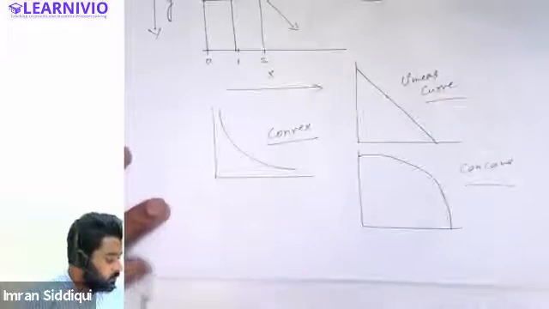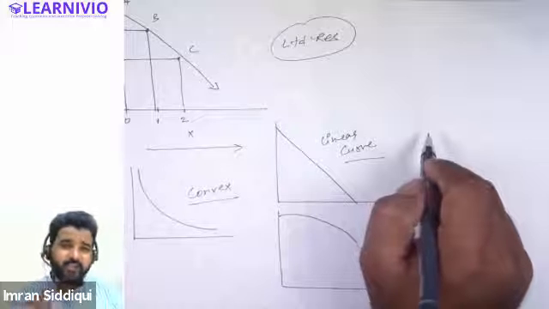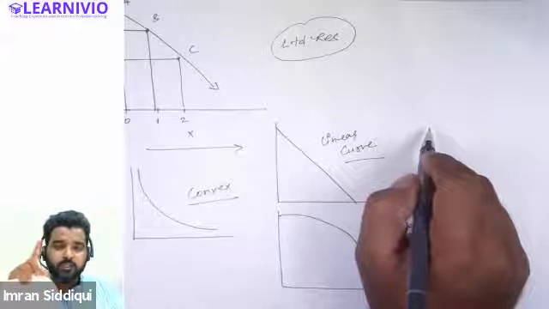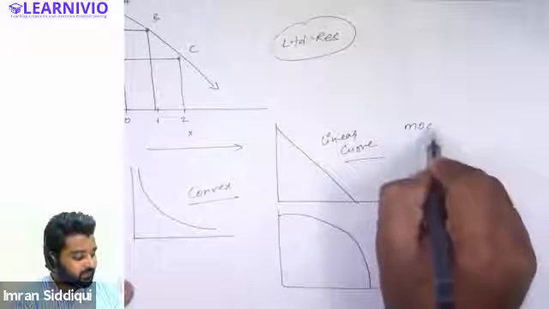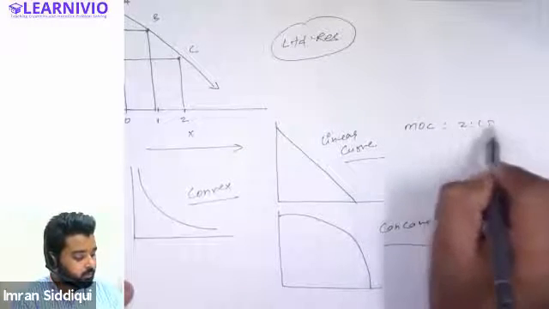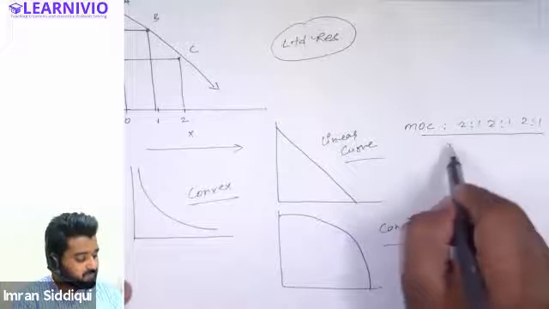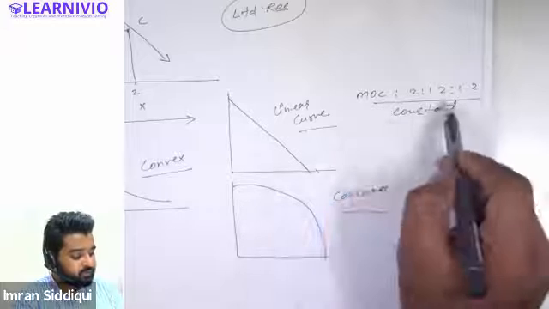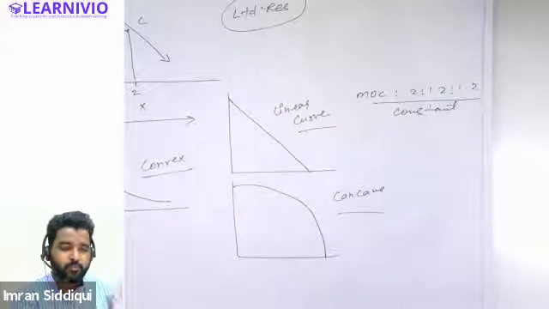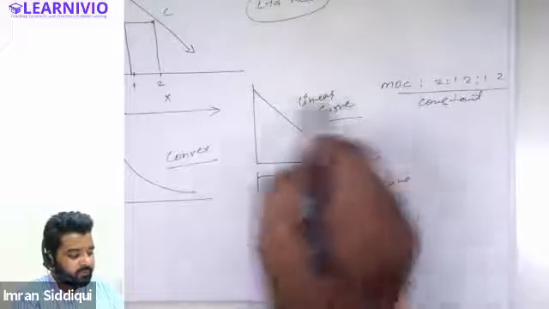See, if the producer is sacrificing the same amount every time he wants to increase the production of one commodity, he has to sacrifice the same quantity of the other commodity. If it is like this, then the marginal opportunity cost will be 2:1, 2:1, 2:1, and 2:1, something like this. And if the marginal opportunity cost remains constant throughout different combinations, then we will have a linear diagram. You're getting my point? If the marginal opportunity cost is 2:1, or anything, 5:1, 5:1, 5:1, or 4:1, 4:1, 4:1, anything like this, then we will have a linear diagram.